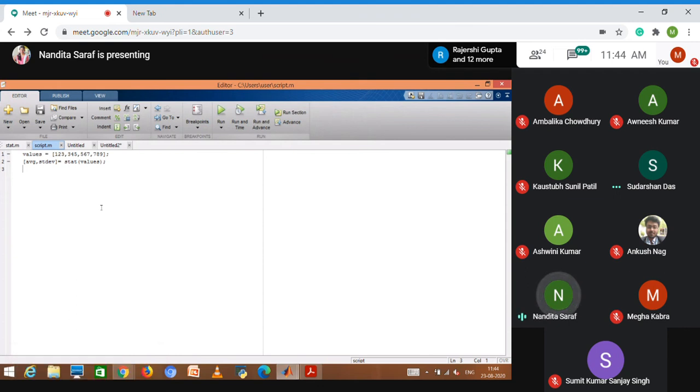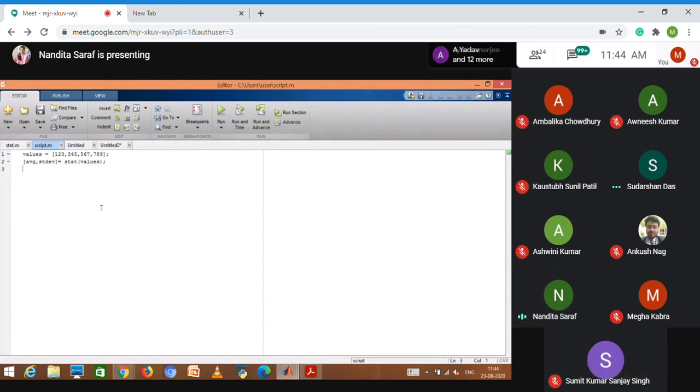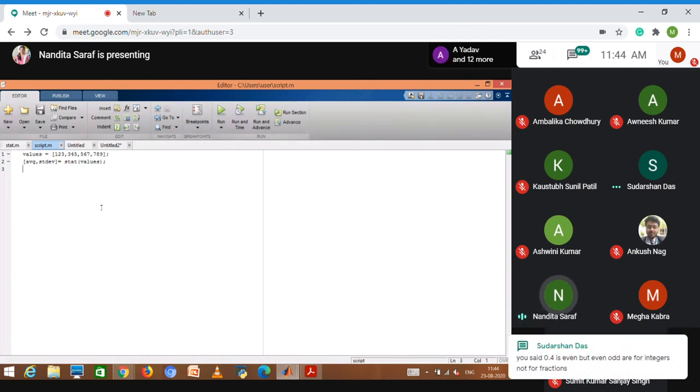Are you getting average? Standard deviation as 0. Go to your file, sorry, function file.